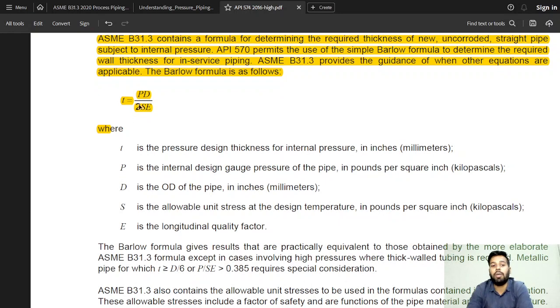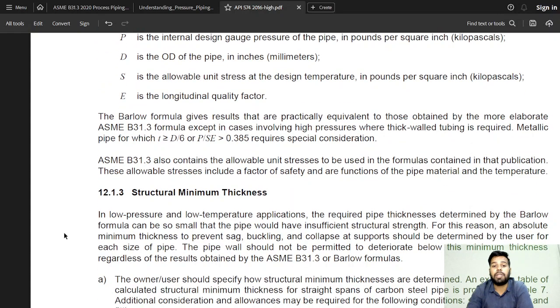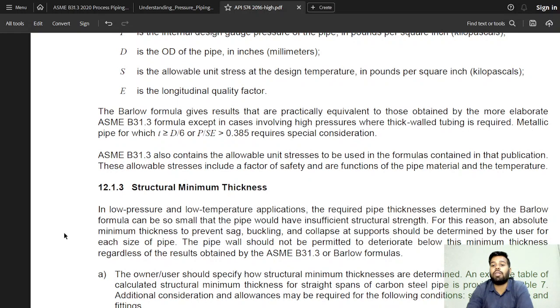This is the Barlow formula where P is the internal design pressure in the pipe, t is the required thickness, D is the OD of the pipe in millimeters or inches, S is the allowable stress at the design temperature, and E is the joint efficiency, the longitudinal quality factor. The Barlow formula gives results that are practically equivalent to those obtained by the more elaborate ASME B31.3 formula, except in cases involving high pressure where thick wall tubing is required. Metallic pipe for which t is greater than or equal to D/6, or P/SE is greater than 0.385,